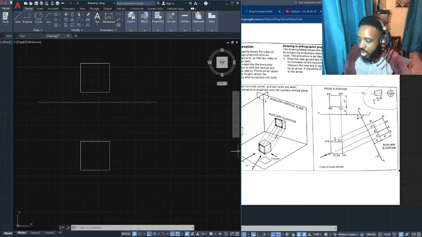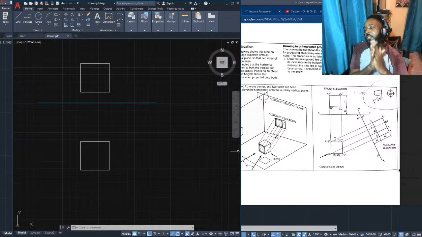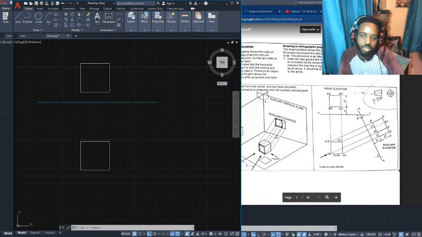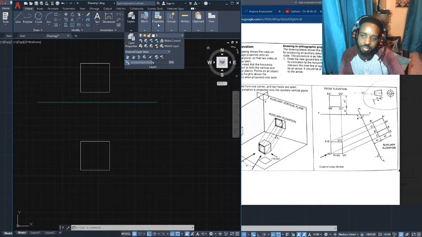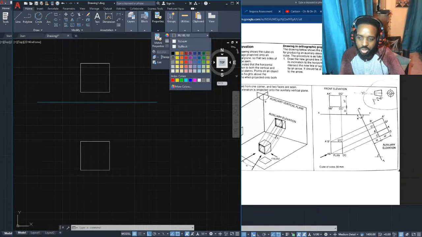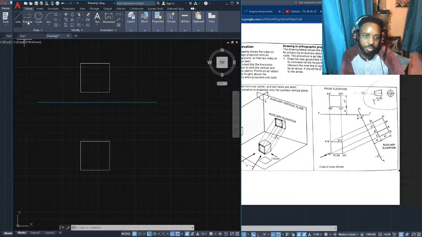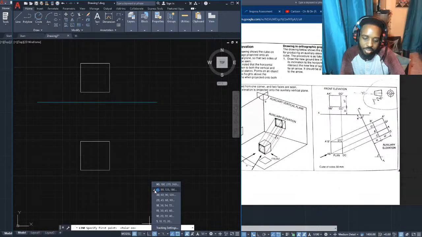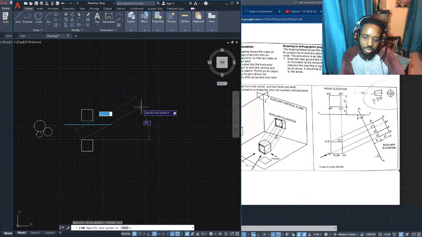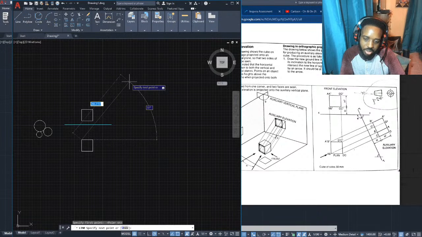You're welcome, Tabil. So let's say that angle is something like a 45-degree angle. What you would do is draw some lines out at 45. I'm just going to use a different color for the line. Let me use this gray color because it's a construction line. I'm going to turn on polar tracking and set my angle to 45. I'm just going to draw this line out at a 45-degree angle, like this. And it will lock at 45.